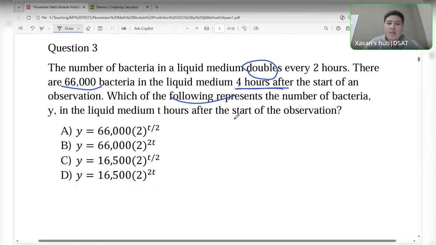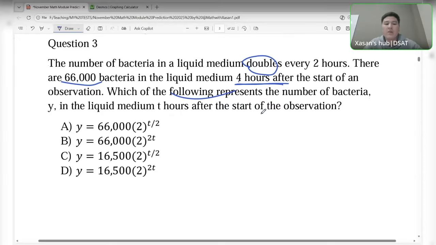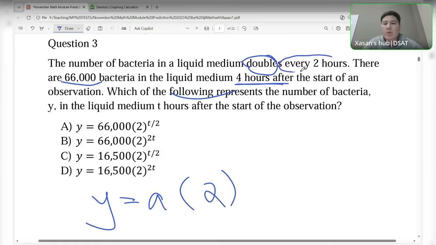Guys, I guess you don't have to use the Desmos here, right? Let's understand it first. y equals, we have to write the initial number, and that's now doubling. Let's write A, and if it is double, 2. And guys, if it is an exponential function, if it is increasing every 2 hours, maybe every 3 hours, or years, months, no matter, it is all the time just x divided by 2, the amount itself.